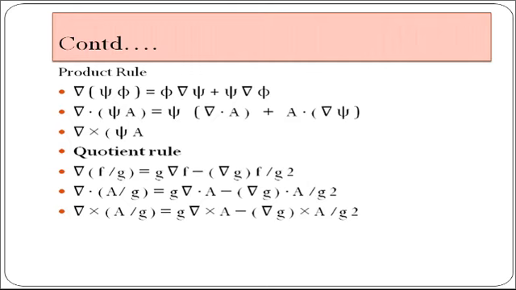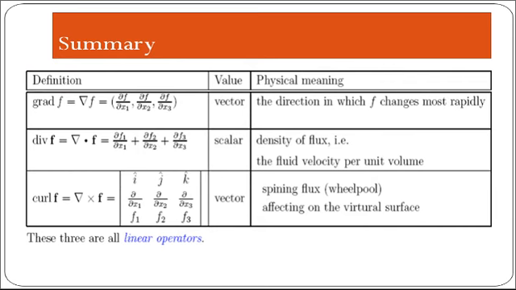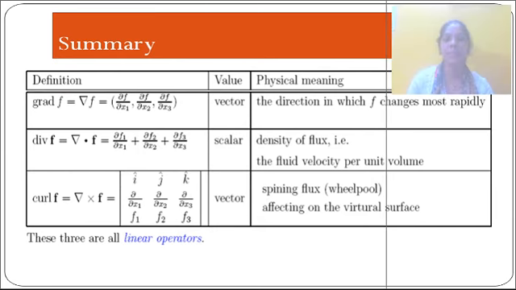Then del (f by g) is equal to (g del f minus f del g) by g square. Del dot (A by g) is equal to (g del dot A minus del g dot A) by g square. Del cross (A by g) is equal to (g del cross A minus del g cross A) by g square. So these are all about the